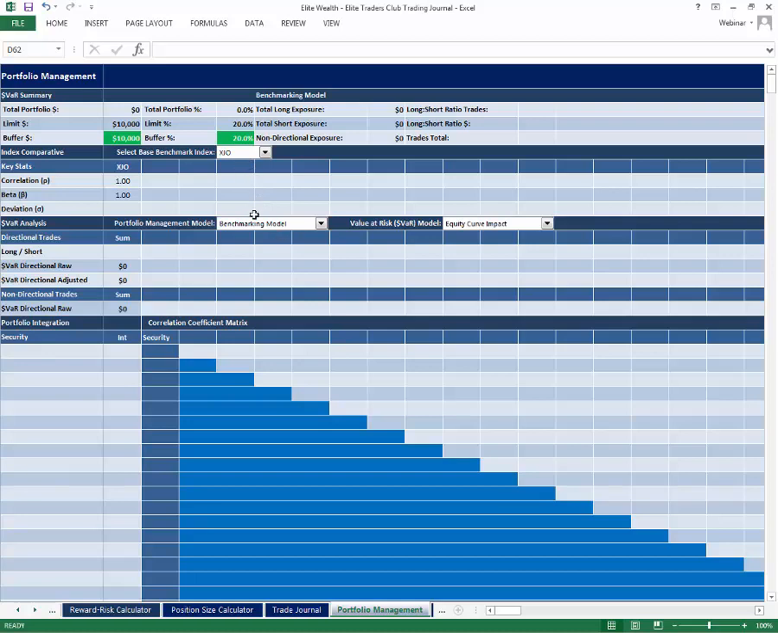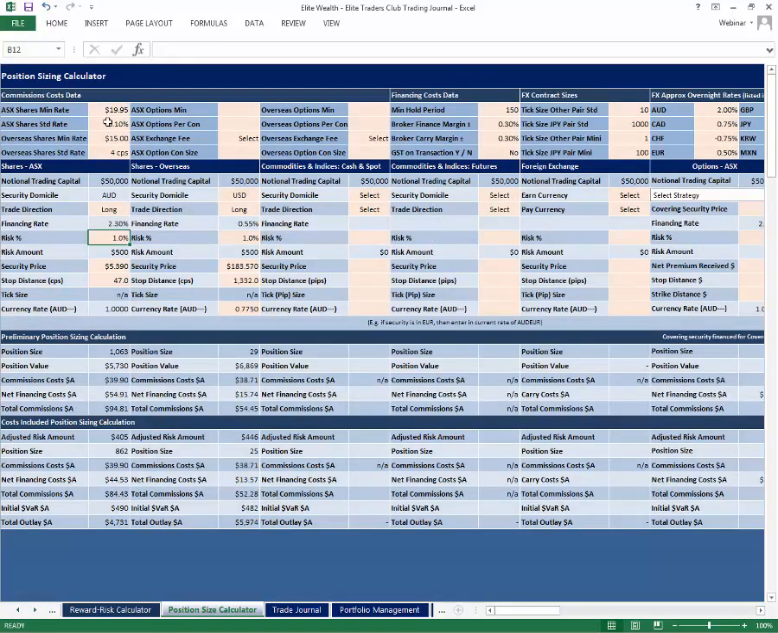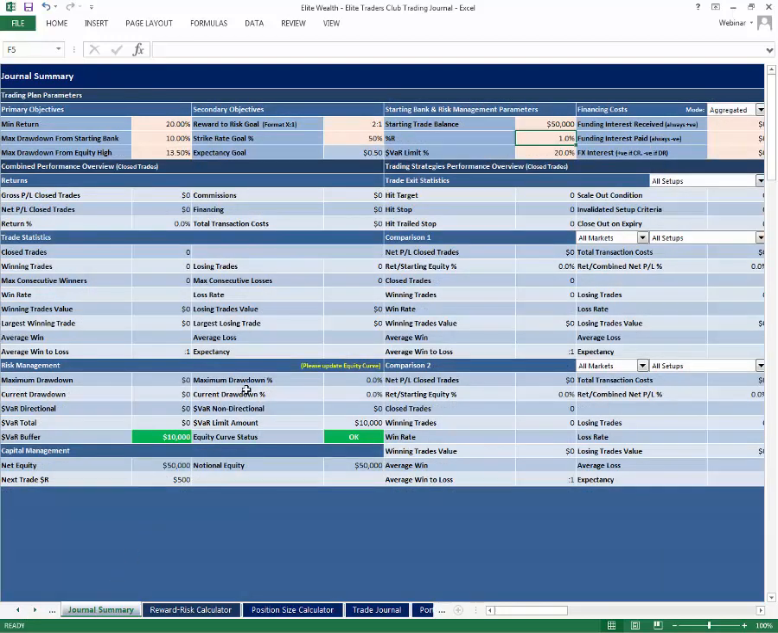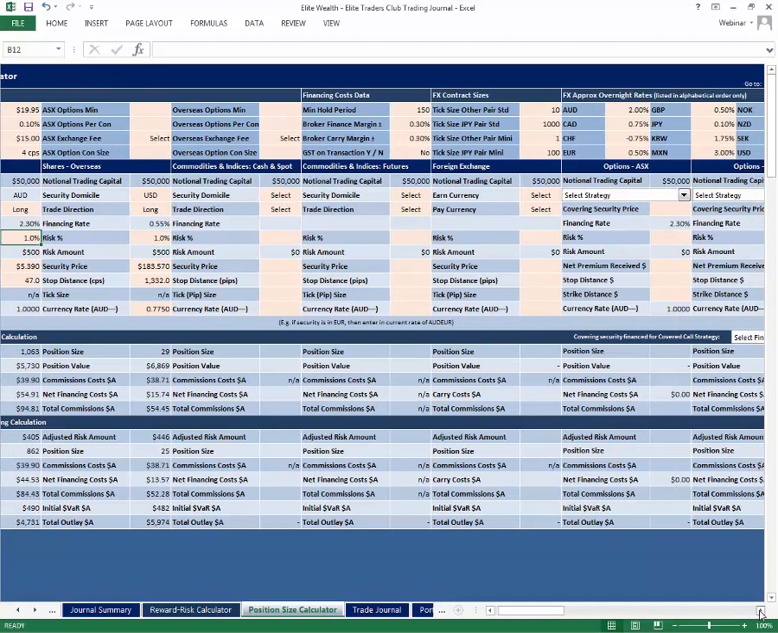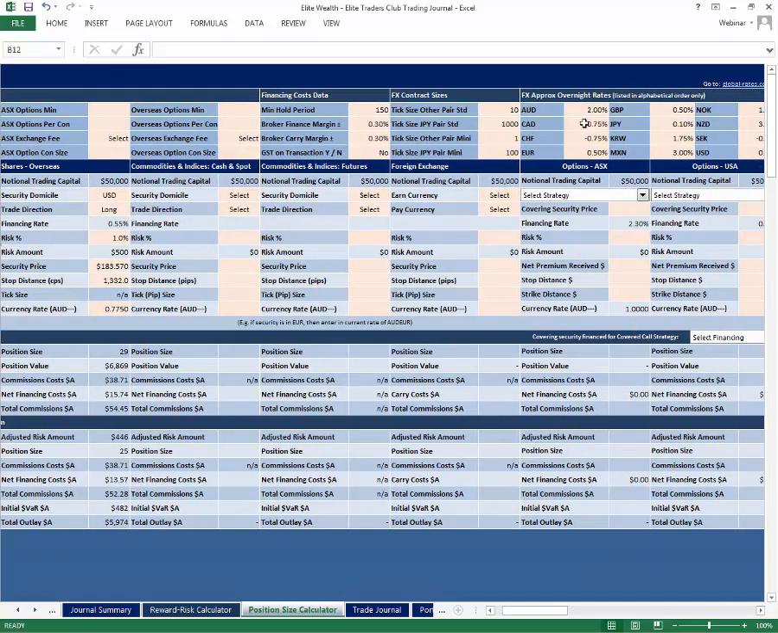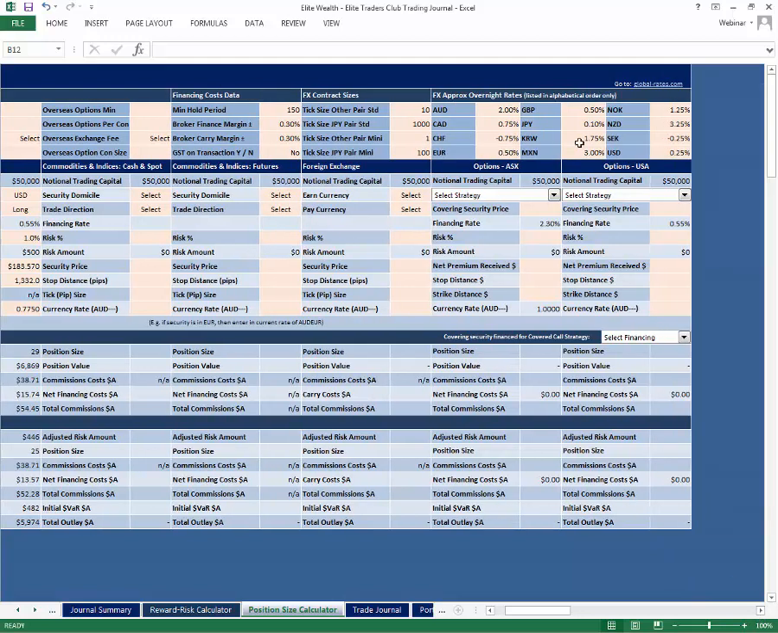So all you're doing here is just selecting these pages. On the position sizing calculator, you're putting in your trading costs on there. And on the journal summary page, you're putting in the information across the top here. The only other page where you need to put information is, there is some over here, the overnight rates on here for a number of different countries on there, which you use when calculating the finance